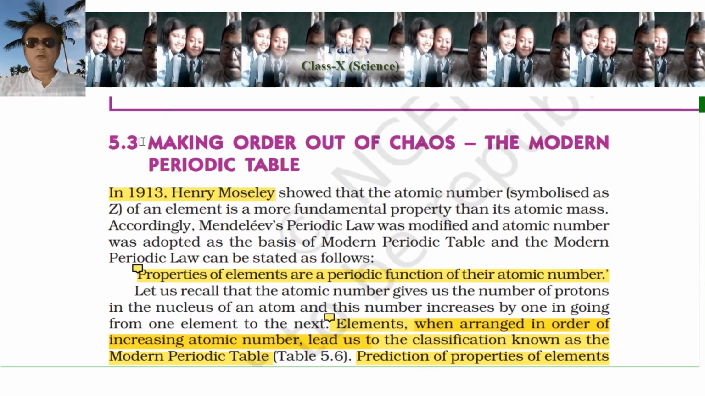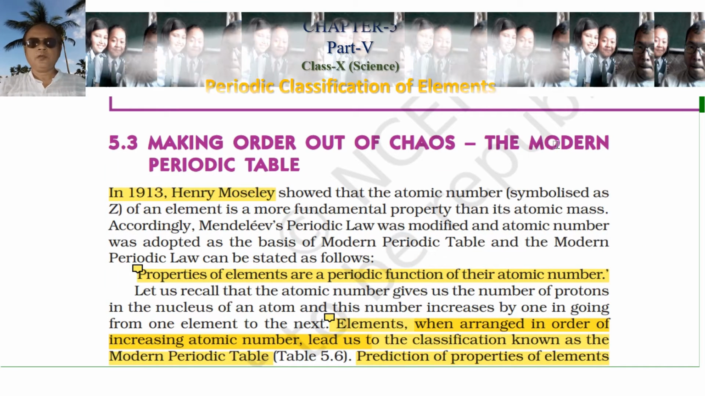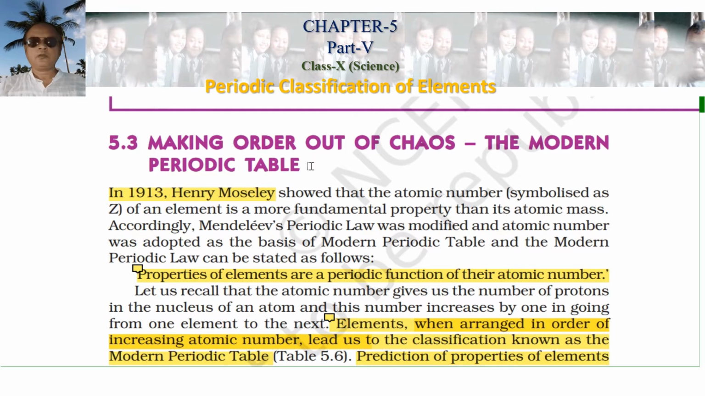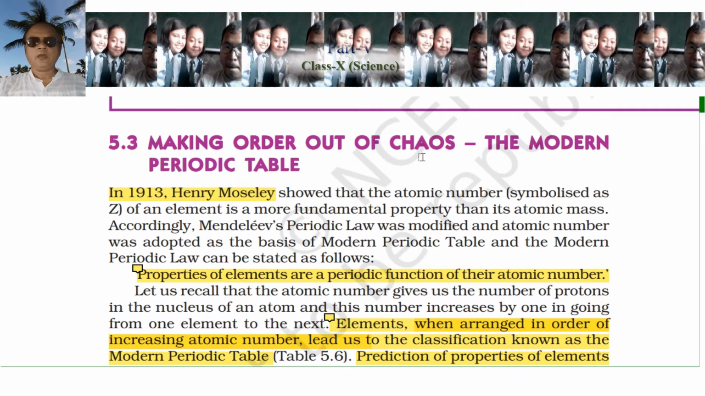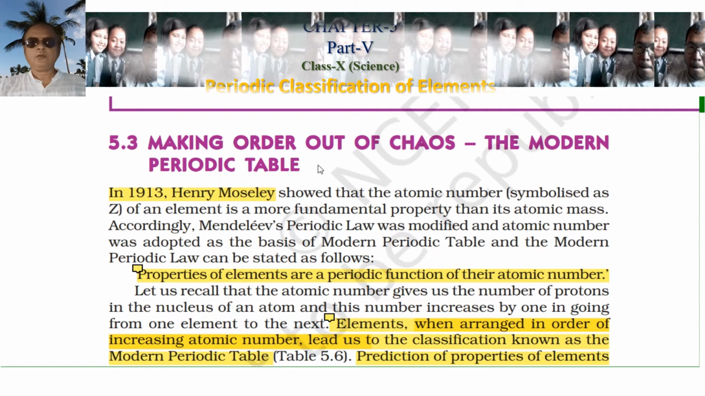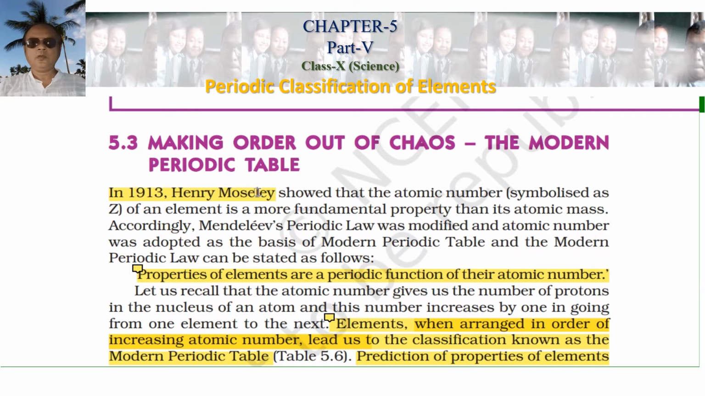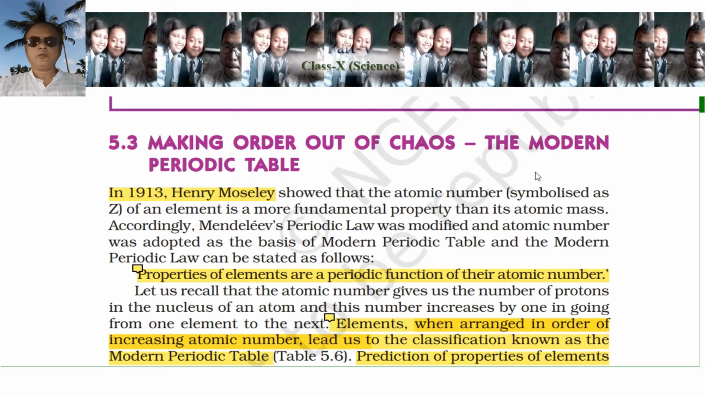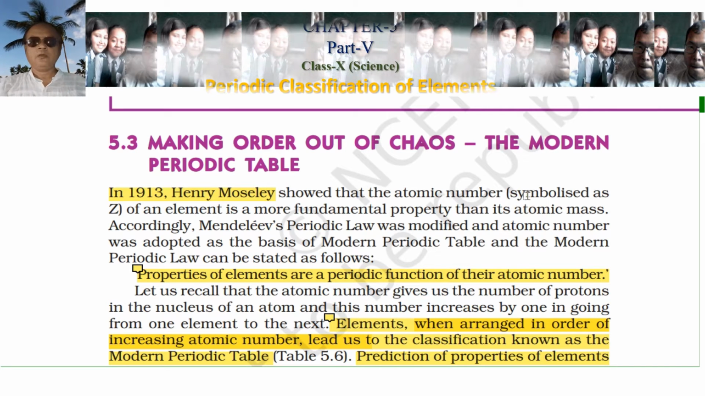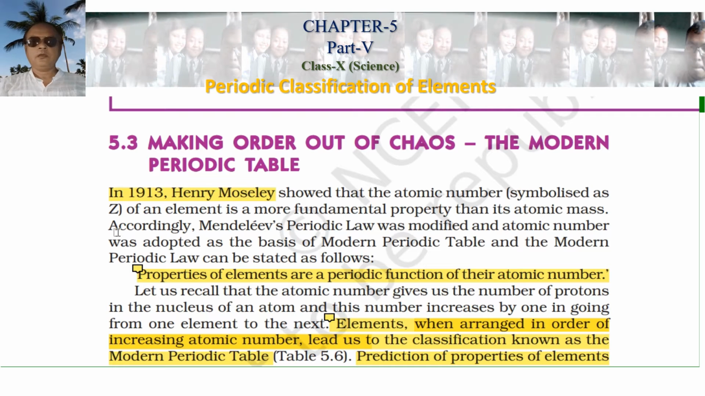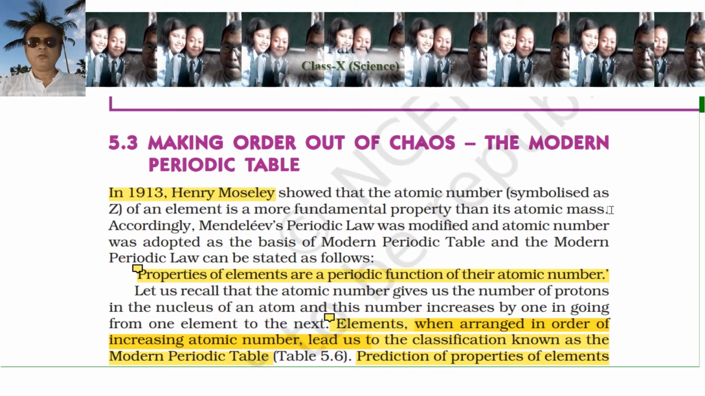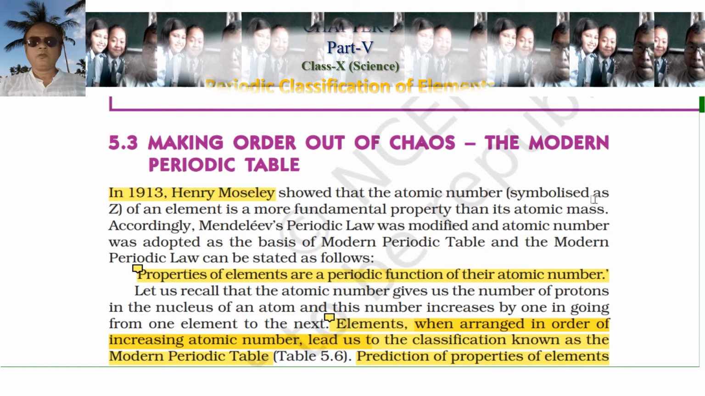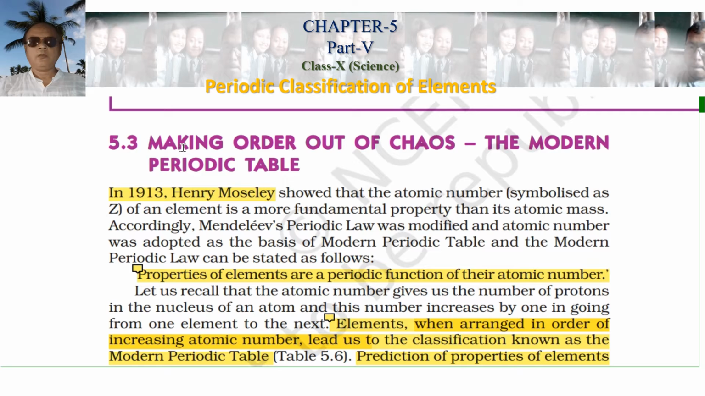Making order out of chaos: the modern periodic table. Arrangement of elements in the modern periodic table. Henry Moseley was the scientist who discovered the modern periodic table and showed that the atomic number, symbolized as Z, of an element is a more fundamental property than its atomic mass. Mendeleev's periodic table was based on atomic masses, but according to the modern periodic table,